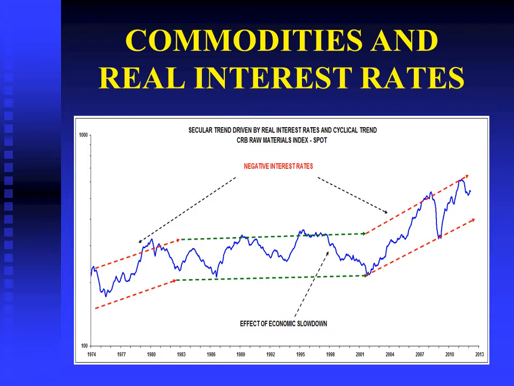However, notice that there are these wiggles going down, going down, going down. If the economy slows down, then commodities tend to decline. If the economy accelerates and strengthens, then commodities rise. Right now, as of April 2012, the economy is weakening, and as you can see, commodities have been declining. This is very important to understand. So keep these two relationships, real interest rates and the business cycle, in mind for commodities when you want to develop a sound investment strategy.